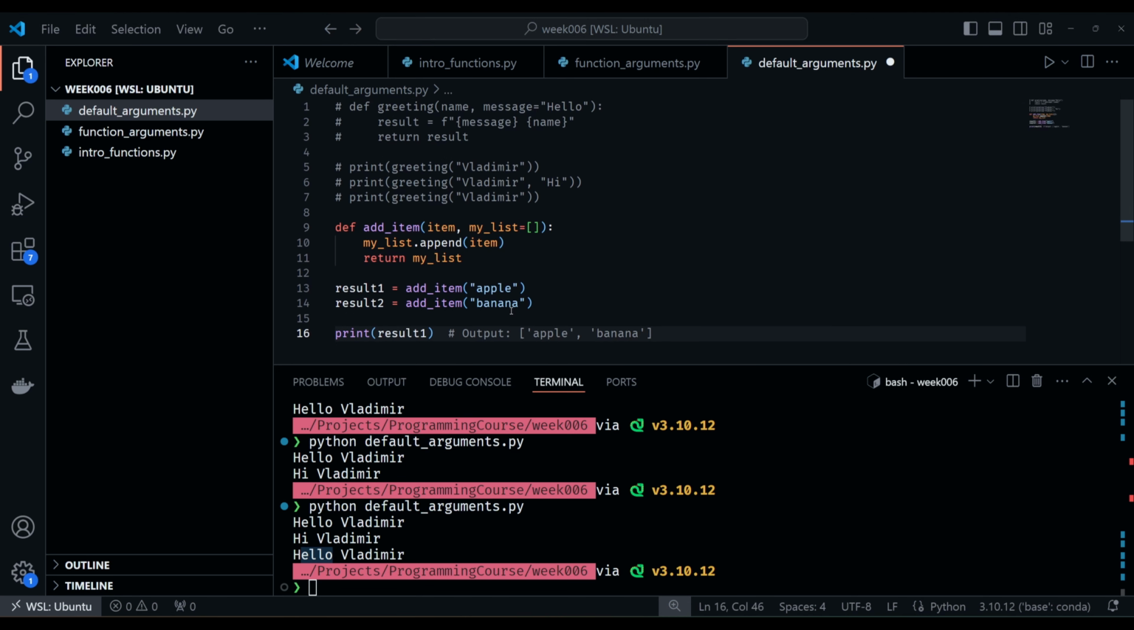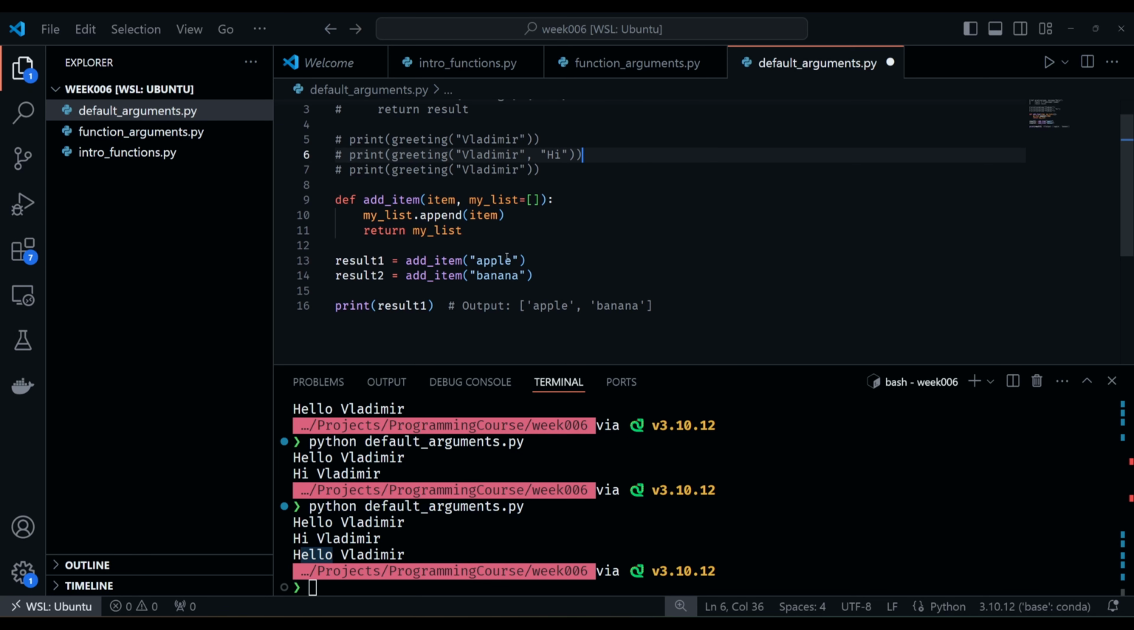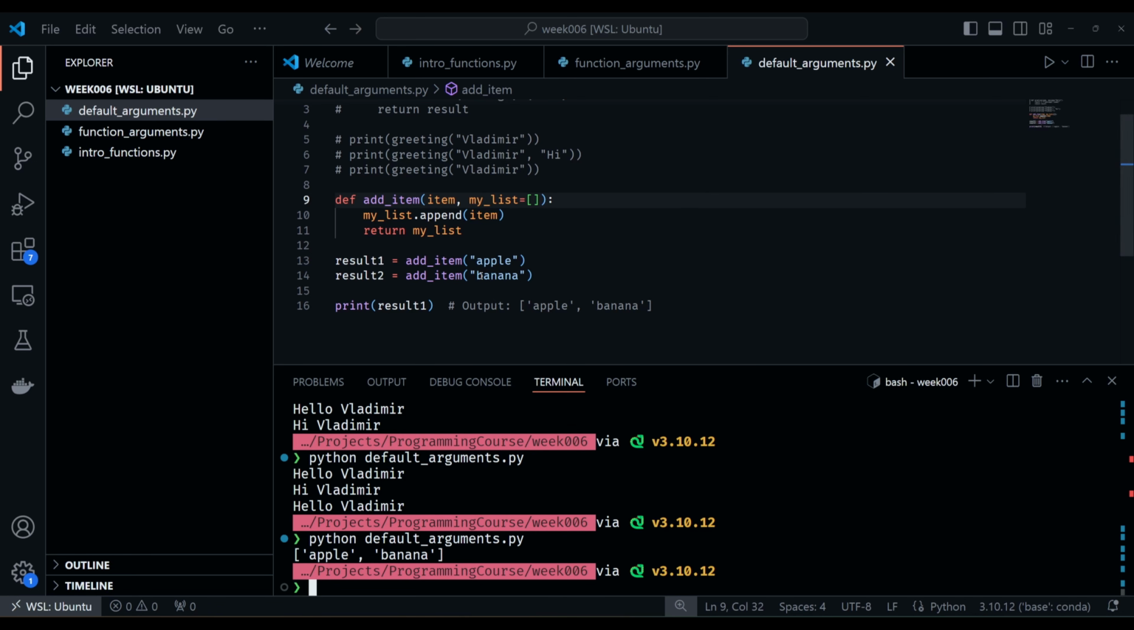So here we have a function which is called add item, right? And this is an item, and my list by default is empty. So the idea is that we won't create a list during the function call and put the element there. And so by default, we think that it's an empty list, right? But now if we execute this program, you can see that we got as the final result